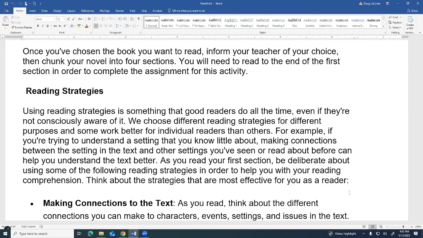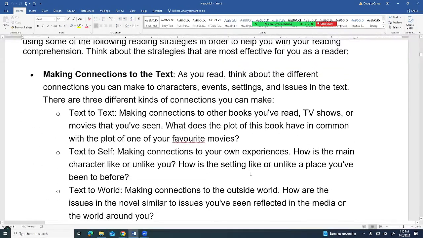For example, if you try to understand a setting that you know little about, making connections between the setting and the text and other settings that you've seen or read about before can help you understand the text better. As you read your first section, be deliberate about using some of the following reading strategies in order to help you with your reading comprehension. Think about the strategies that are most effective for you as a reader. And here they are: